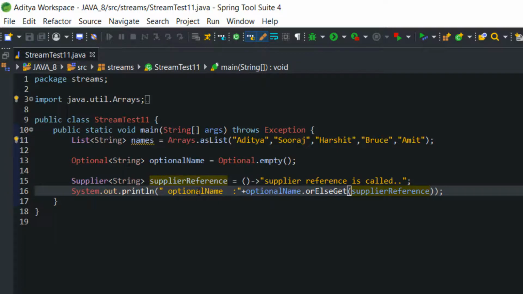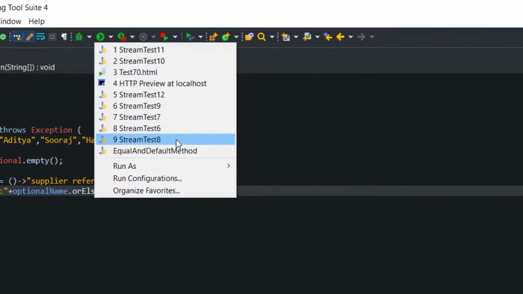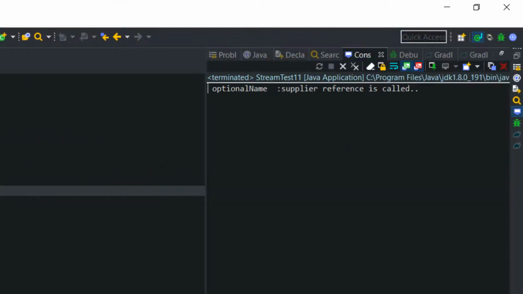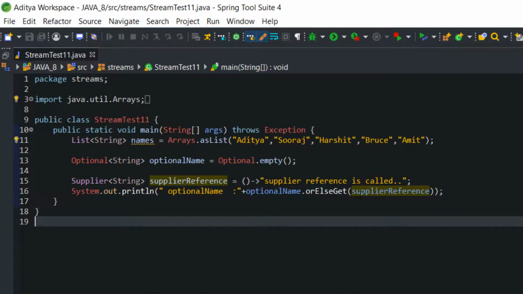Right now optionalName is empty because I've saved it empty with the help of the empty method. Now let's execute the code again. So it is calling this statement, "supplier reference is called". Now you can see that I've written a lambda expression here, and I've saved that lambda expression inside a supplier reference.